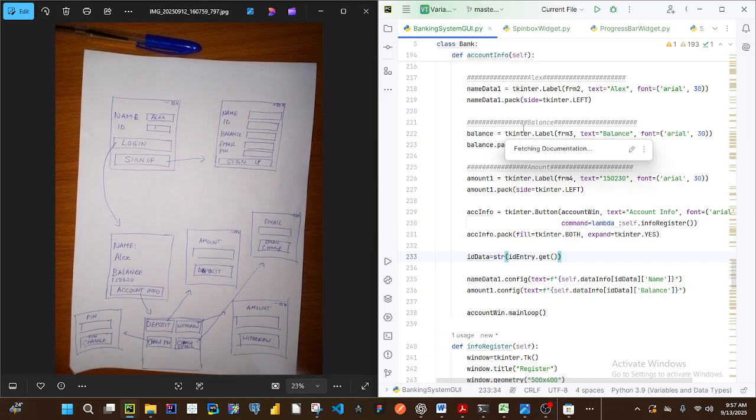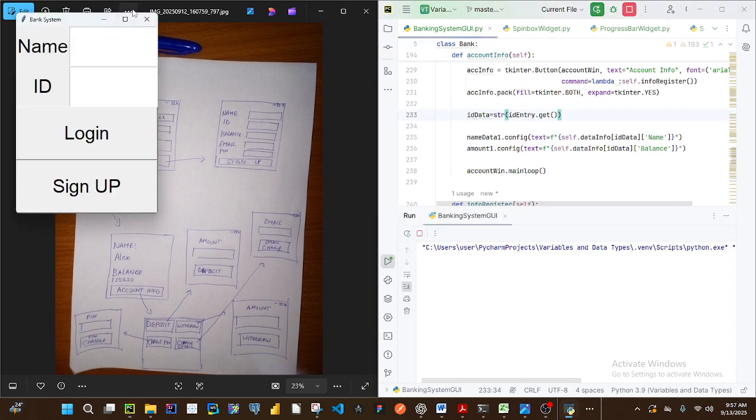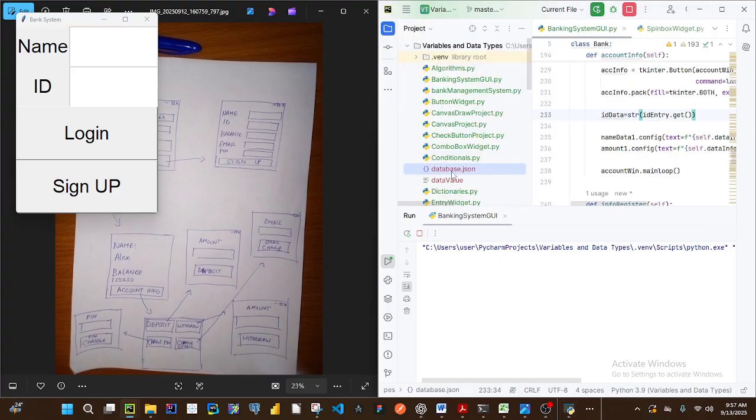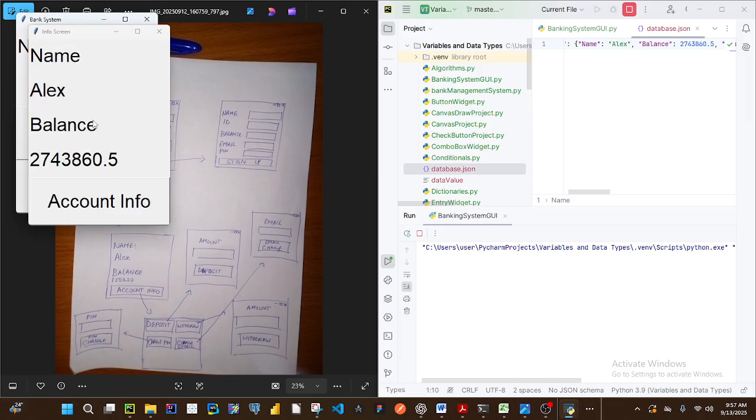Let's just test our code. So click on run, click on the name. Let me first check my database. I want to use Alex and 1 to sign in. I'll click here, say Alex, come here, click on 1, click on login. So you see that the actual amount is what we see there, Alex, and then